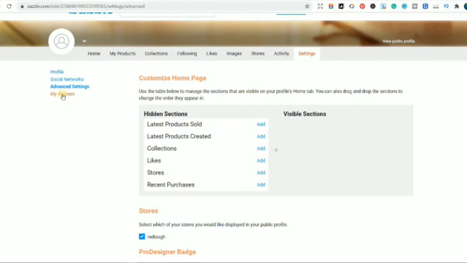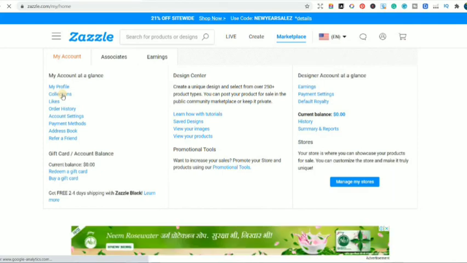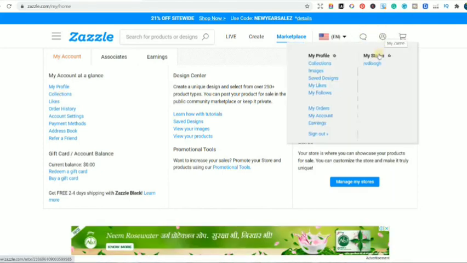So there are so many settings that you can do, guys. There is so much customization in Jazzle which is not there in other print on demand websites. You can create multiple different stores. I have already shown you how to create one. You can set separate settings for each of your stores. Each of your stores would have separate settings, separate products, separate logo, separate name, each and everything completely different. But if you want to go with settings for your user or designer profile, then obviously you can go with that. But all the details that you mention in your public profile will be applicable for all those stores. So there is so much customization, guys, that you can do in Jazzle.